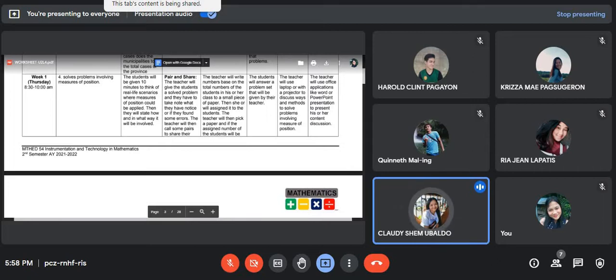their solutions. Then, for independent practice, the teacher will write numbers based on the total number of the students in his or her class on small pieces of paper. Then he or she will assign them to the students. The teacher will then pick a paper, and the student with the assigned number will be